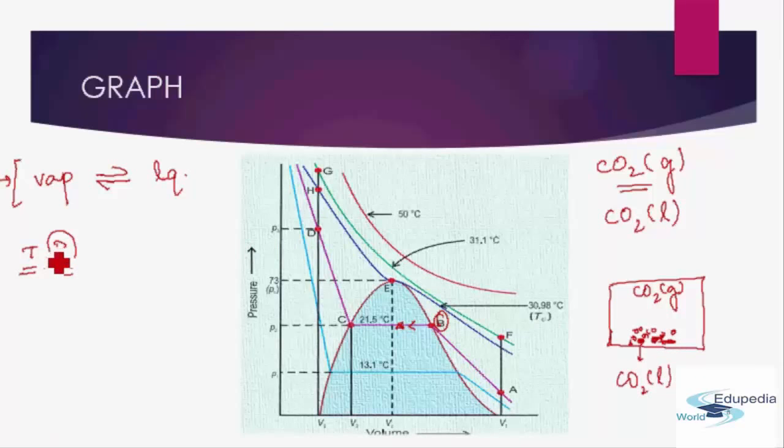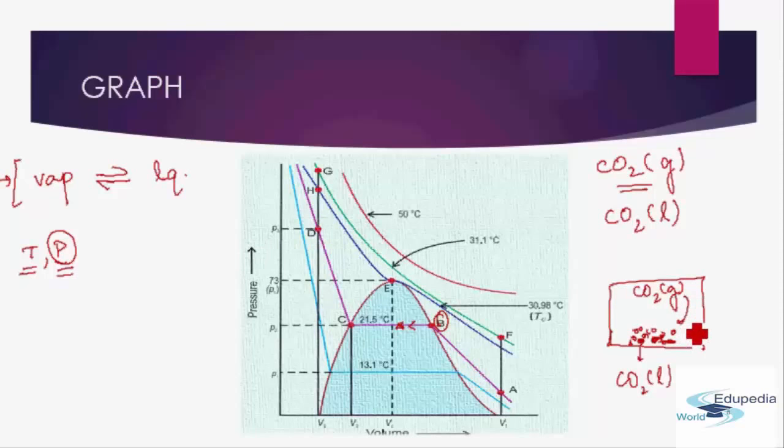So why is there not a change in pressure? Well, let's assume there is a change in pressure. After point B, I still want to increase the pressure, so I can do that externally, right? So what I'm going to do is increase the pressure while maintaining the temperature after point B. So what the system will do, in retaliation to that external increase in pressure, is convert more gas